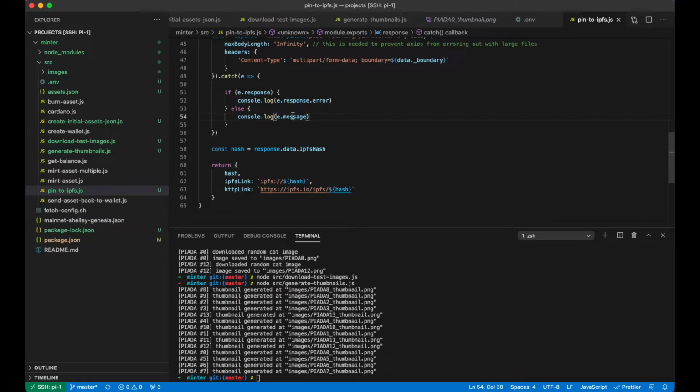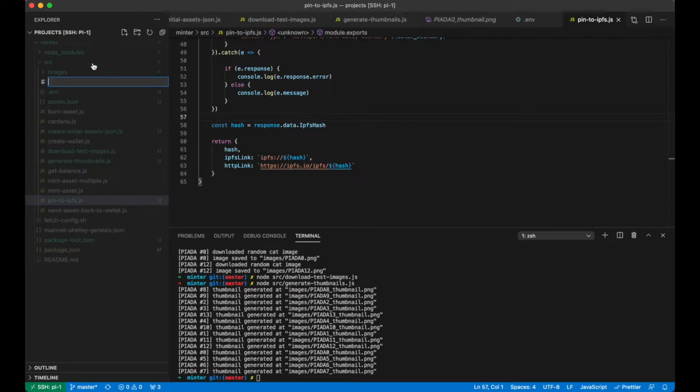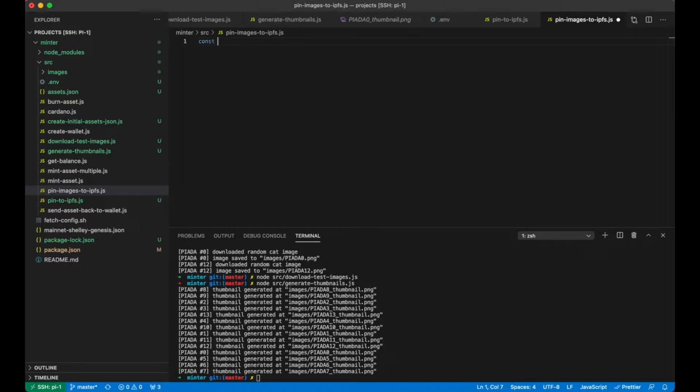So now that we've created this function, let's create a function that will run through our asset list, and then for each image as well as the thumbnail that is on the file system, let's pin those images to IPFS. Let's go ahead and create a new file called pin images to IPFS.js. Let's import our file system functions, the promises based one, and the pin to IPFS function that we just created,